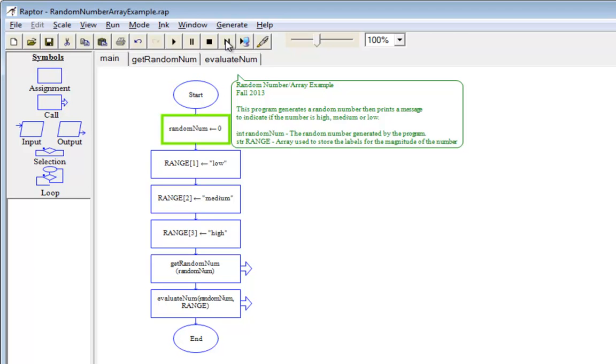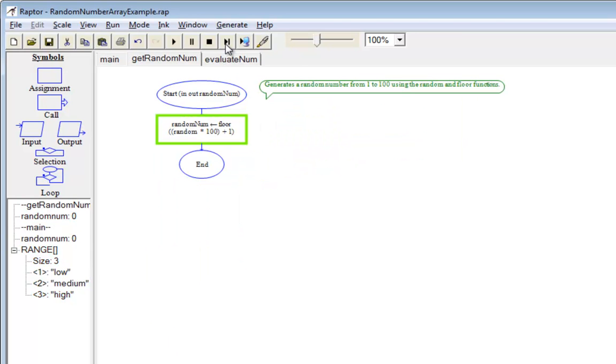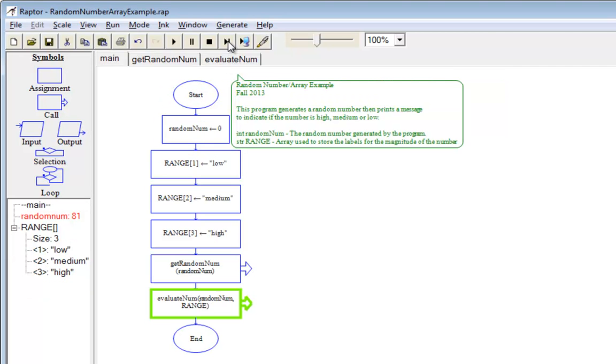Okay, let me save this and we'll give it another try here. Okay, so here we go. Random num set to 0. Range has the different values set in. Let me open this up so we can see that. Okay, we're going to go ahead and get our random number again. So we're over here getting our random number. Let's see what we get this time. Okay, this time we got 81. So over here on the left, our random number is 81. We have this set as in out, so random num is getting passed back to main. So you see over here in main we have our random number,